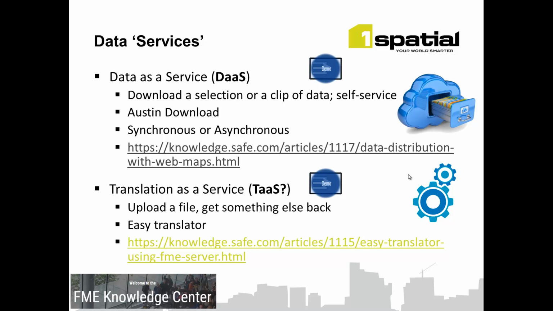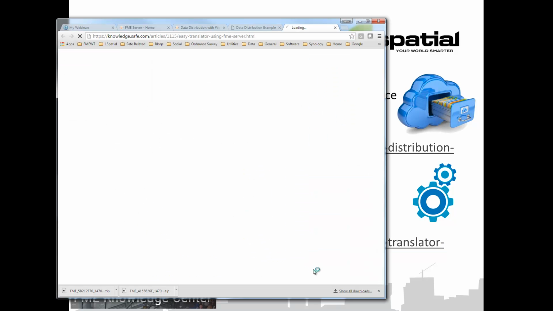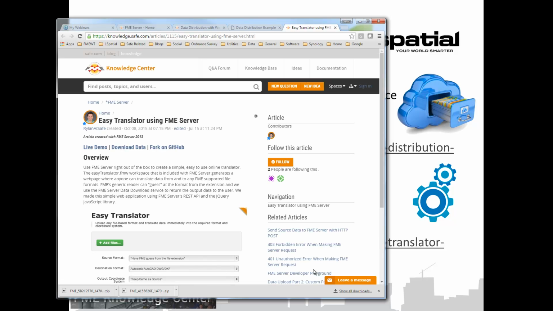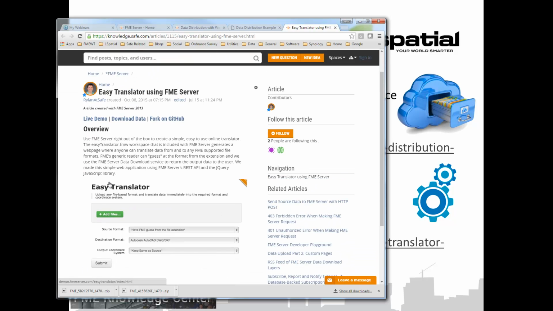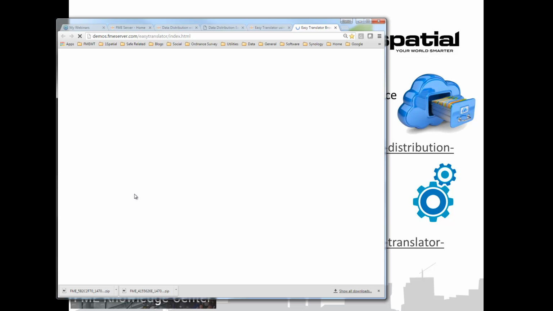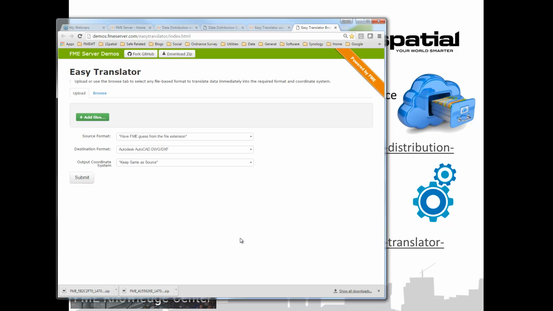So you could define a little easy translator, and certainly when you install FME Server for the first time, you actually get a variation of the workspace I'm about to show you. So here there's a little easy translator demo. If I go over to the live demo, you can have a quick look at